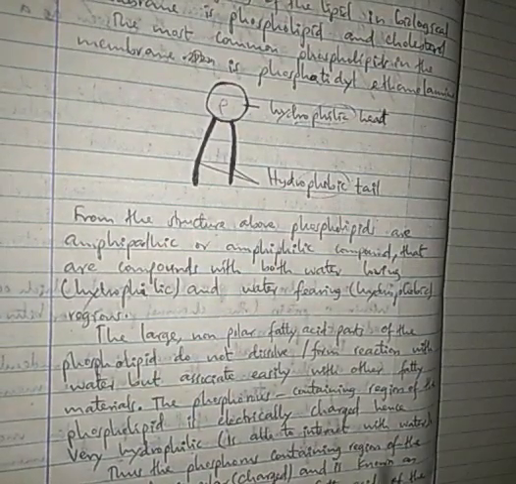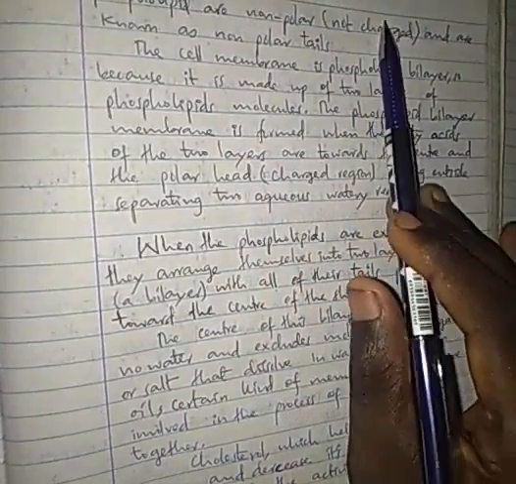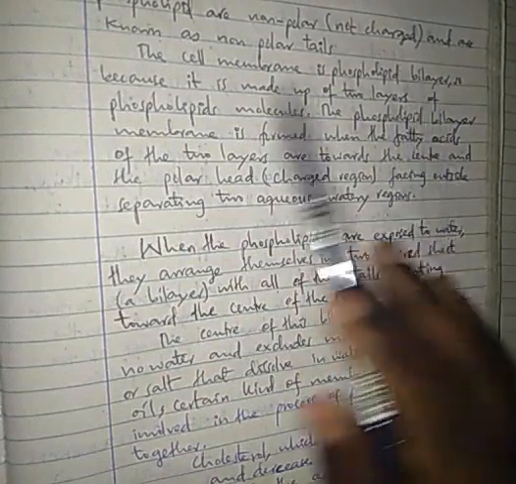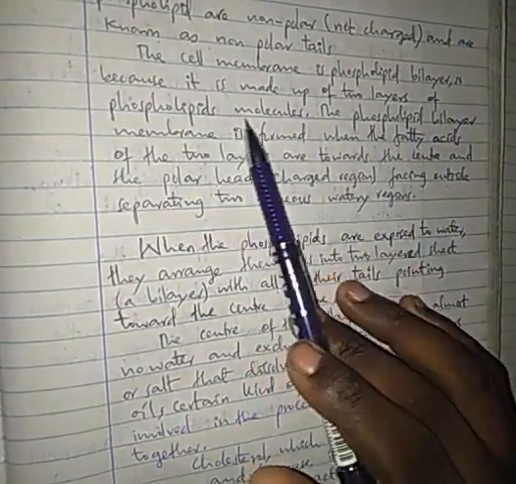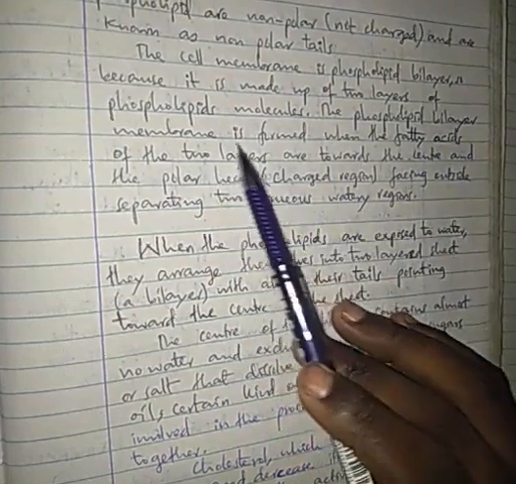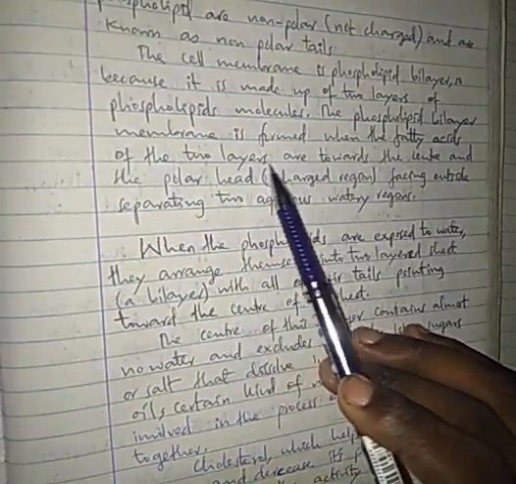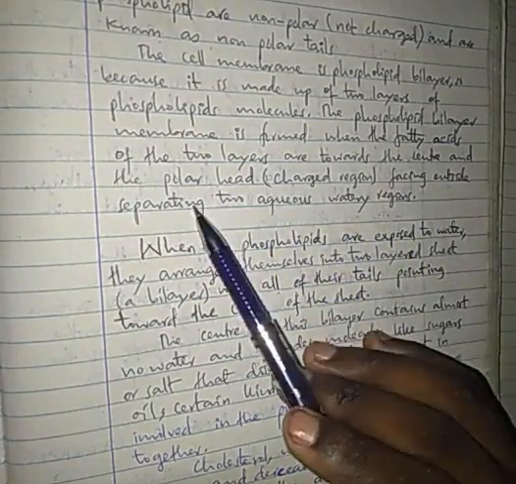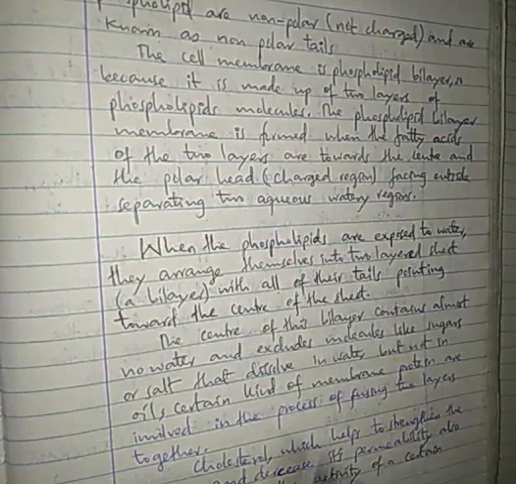The phosphorus containing region of the phospholipid is polar, charged, and is known as the polar head, while the two fatty acids of the phospholipid are non-polar or non-charged and are known as the non-polar tail. Now the cell membrane is a phospholipid bilayer, because it is made up of two layers of phospholipid molecules. The phospholipid bilayer membrane is formed when the fatty acids of the two layers are towards the center and the polar head and charged region face outside, separating two aqueous water regions. Kwamba heads zinakuwa zina face outside and the tails they are facing together, kama nilivyokuwa nimeillustrate